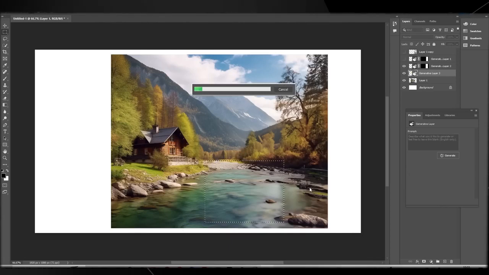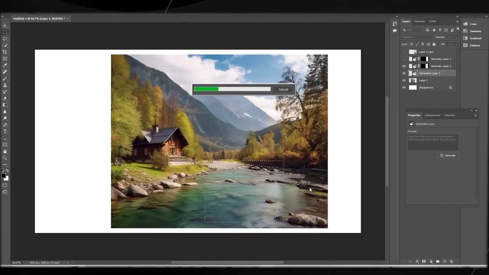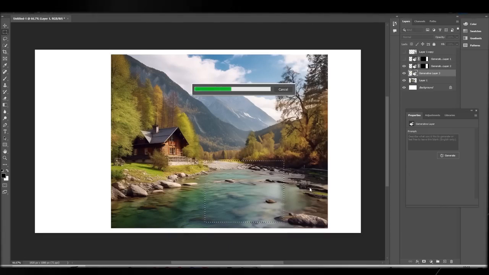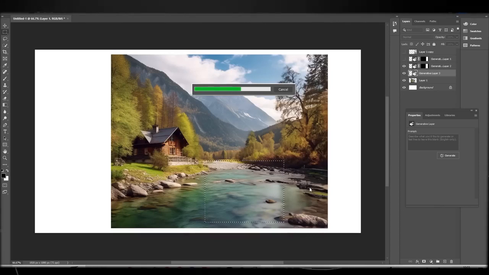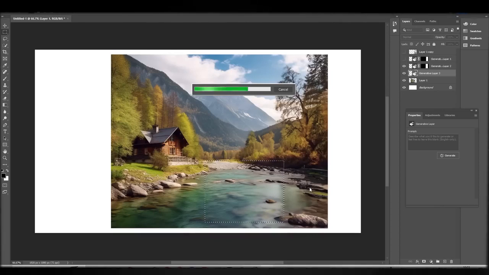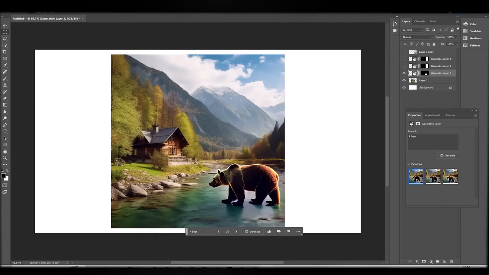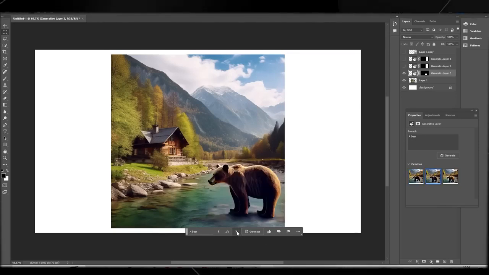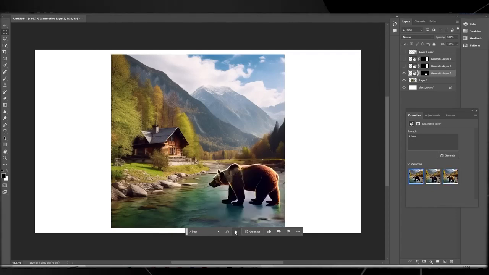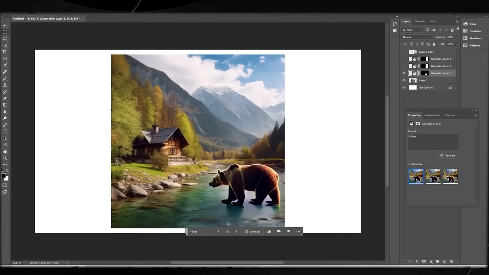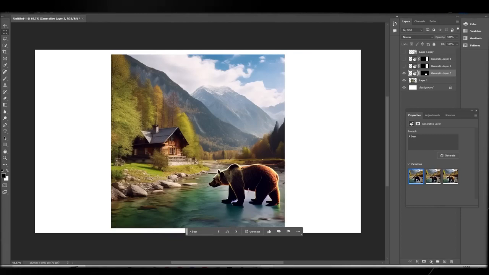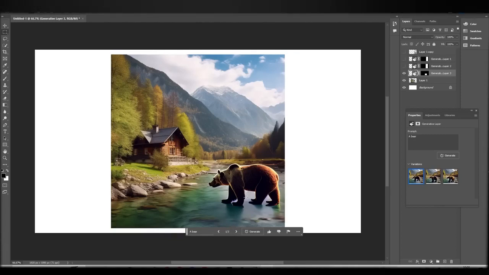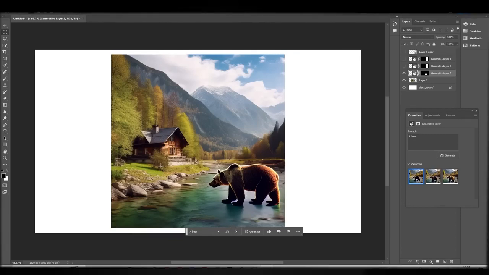So I want to see if it's able to generate a bear, and I'm pretty sure this is going to work because I've tried this on many different images, and I'm pretty sure I figured out how to get this to work pretty smooth. So here you can see it adds a bear along to the image, and it does look pretty good. But I gotta be honest, Adobe's image generation on certain things such as people and animals isn't the complete best, but it is good at generating stuff such as, maybe an anchor or maybe a bench or